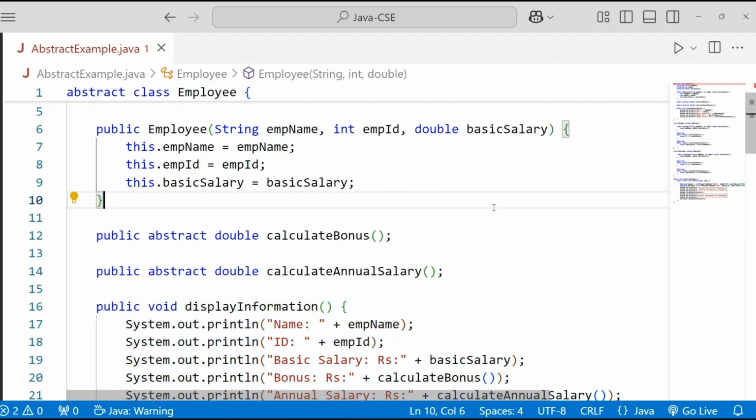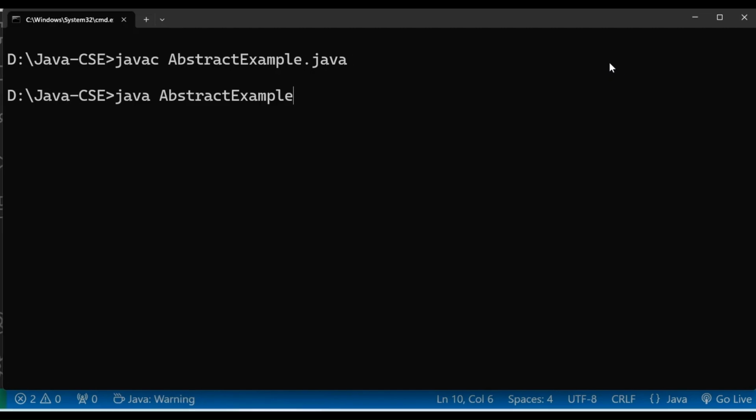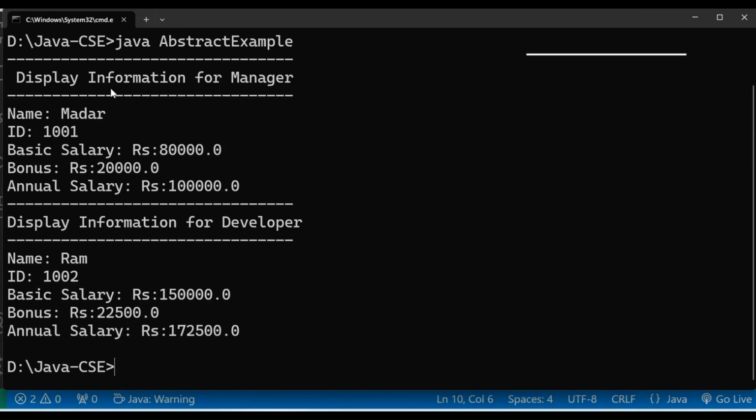Let me run this application. Compile the source code. No errors are found in the source code. Run the application: java AbstractExample. Display information for manager: name, ID, basic salary, bonus, annual salary of manager. Display information for developer: name, ID, basic salary, bonus, annual salary of developer. The common methods have been defined in the parent class, which have to be implemented in both child classes, manager